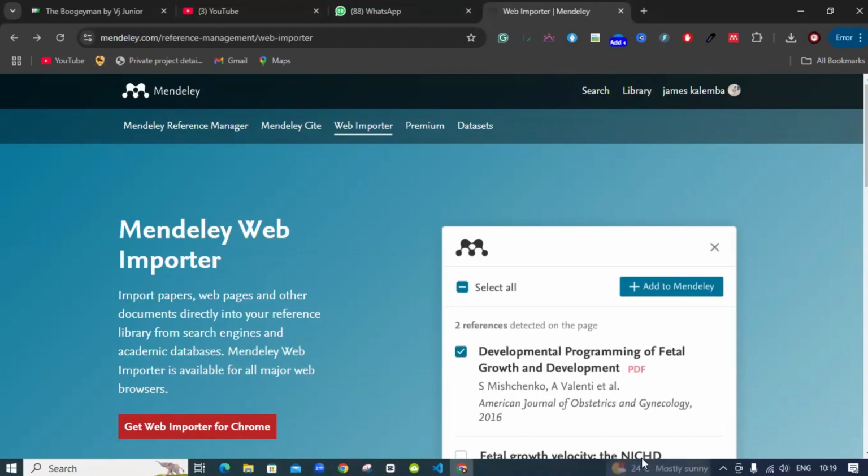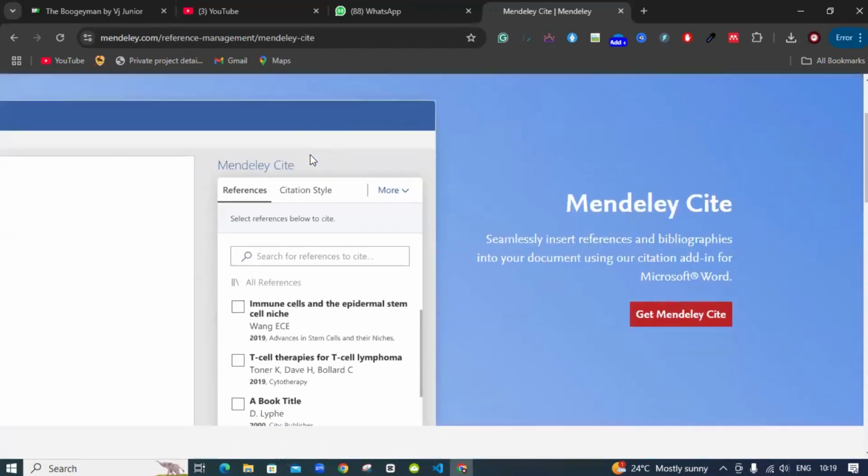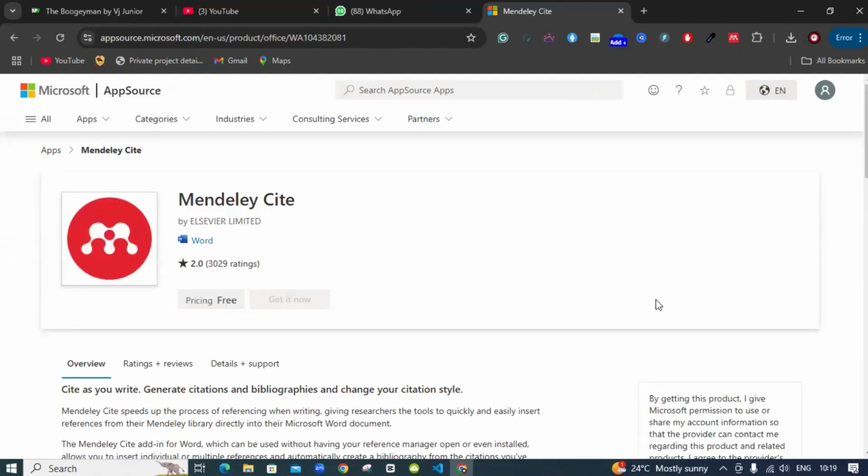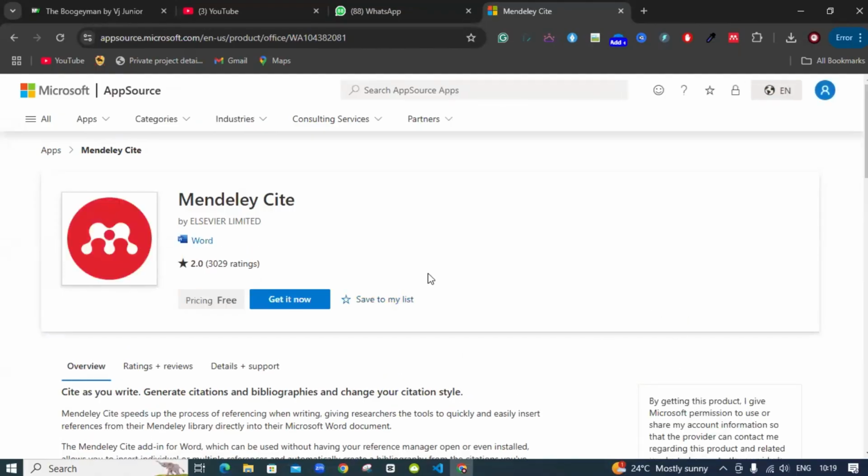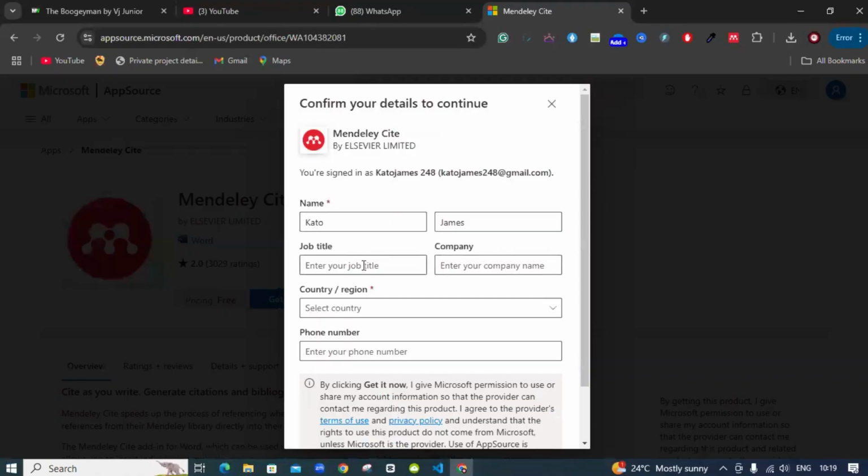First of all, you have to make sure that you don't have any Word file open on your computer before you add that plugin into your Mendeley. So I'm going to click here to get Mendeley Site. Of course, I'm going to leave a link in the description so you can click and be redirected to this site. After, I'm going to say get it now, then here you just have to put information about yourself